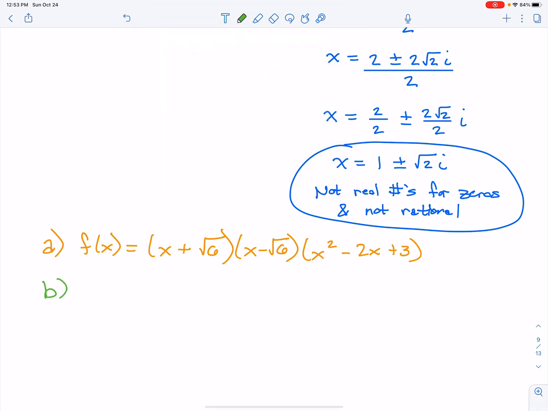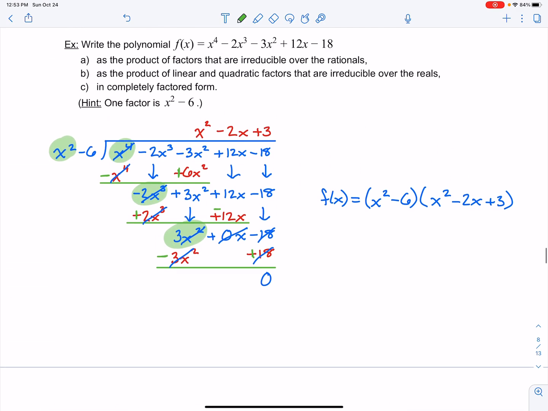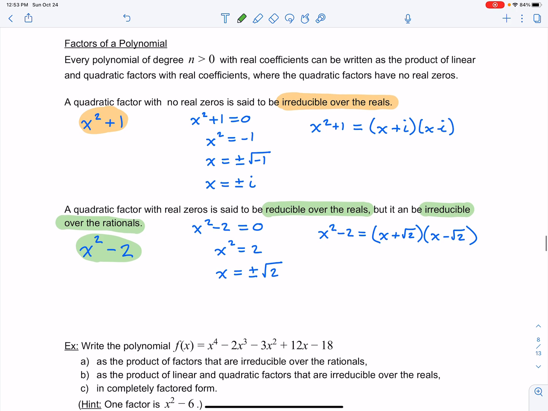For part B, we want to write our polynomial as the product of both linear and quadratic factors that are irreducible over the reals. So remember, irreducible over the reals means that we're going to have,